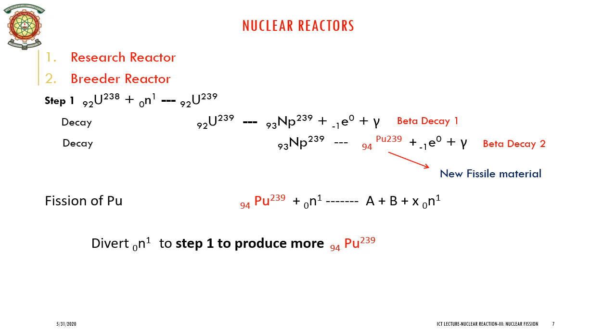For basic research, and they also are used to produce radioisotopes for various applications. The reactor Apsara, which was commissioned in 1956, constructed by BARC located in Trombay, a suburb of Mumbai, is India's first nuclear reactor. It is used mainly for research. The second kind of reactor is known as breeder reactor.